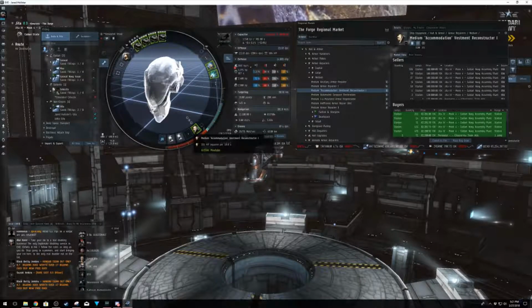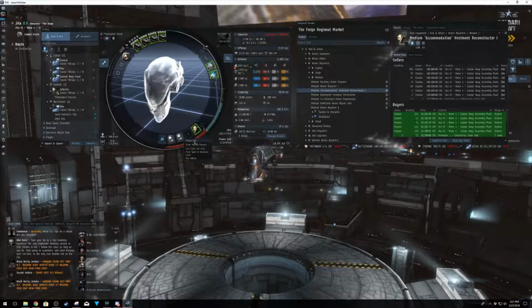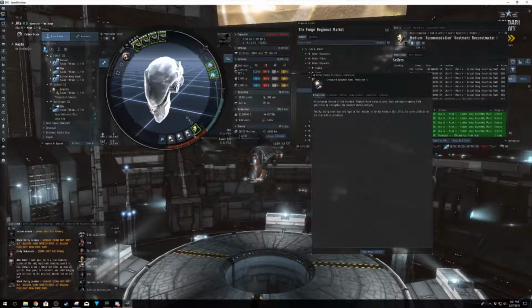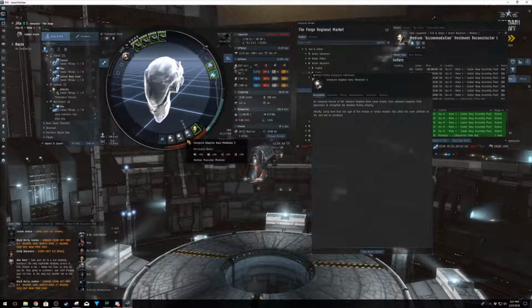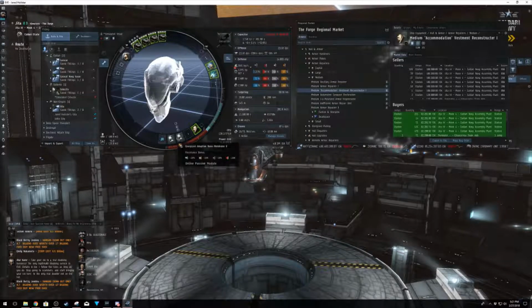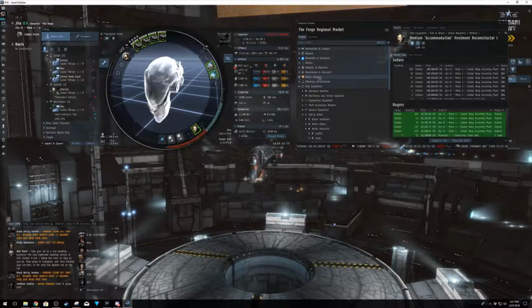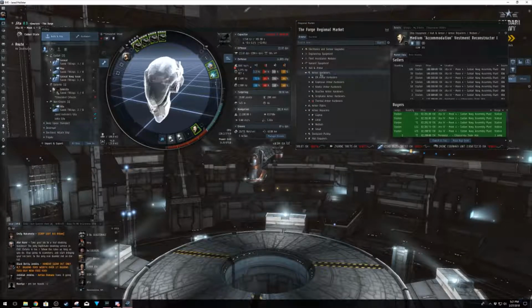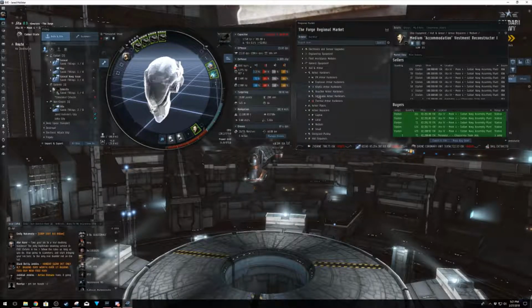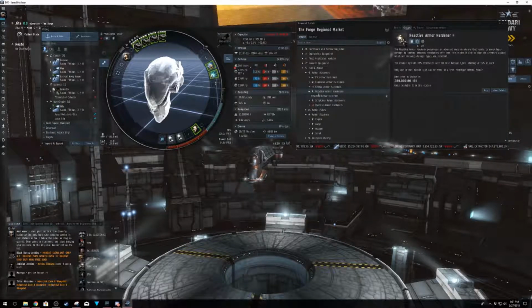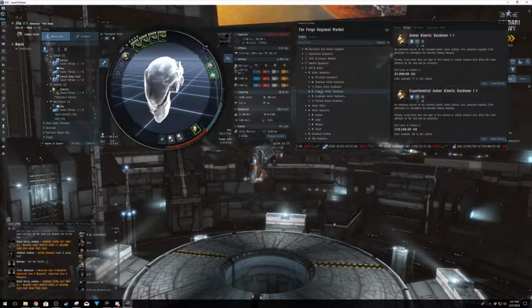So since we can't actually put on a second armor repairer, we're going to want to look into increasing our resistances even more. So we're going to throw on another one of these guys. You will note that these are heavily penalized for each one you put on the ship. And actually, how about we go for an active one to go with these two passive adaptive nanos. Let me see. Armor plating? We don't want reactive. Oh, you know what? That's right. They changed them, didn't they? I don't think there's an active